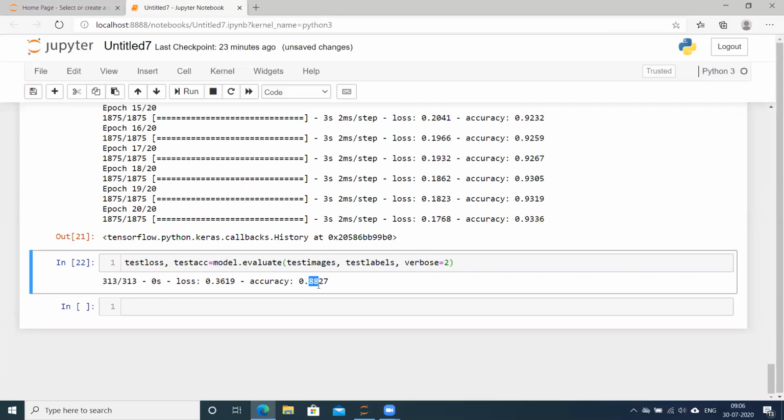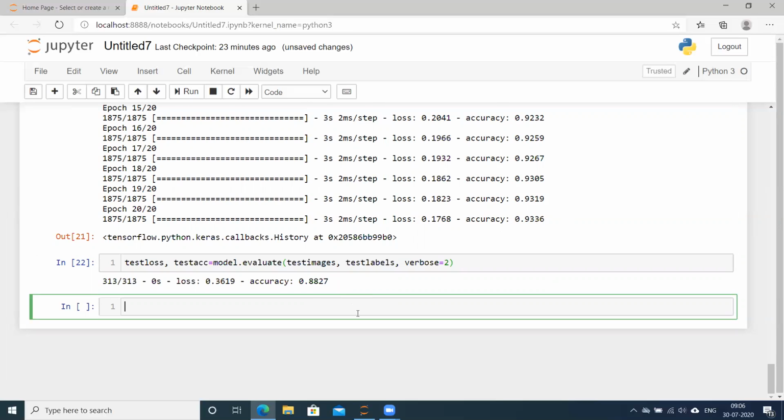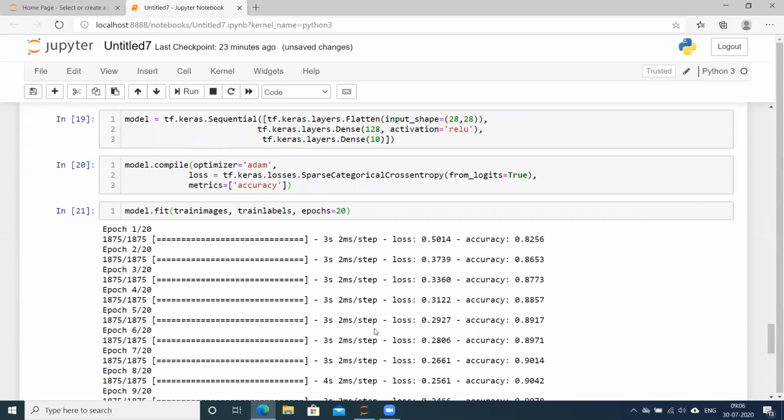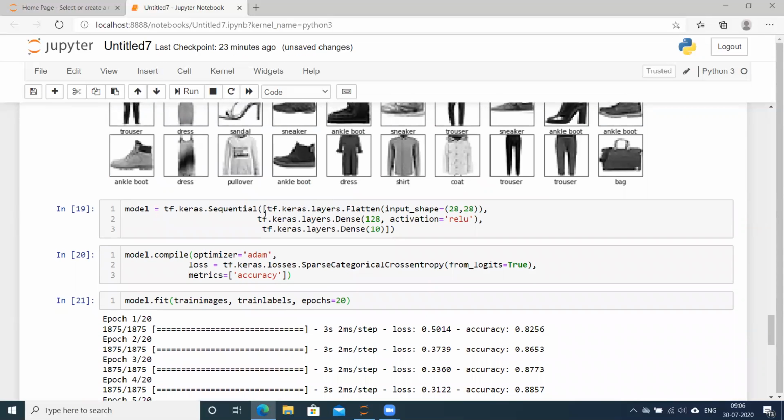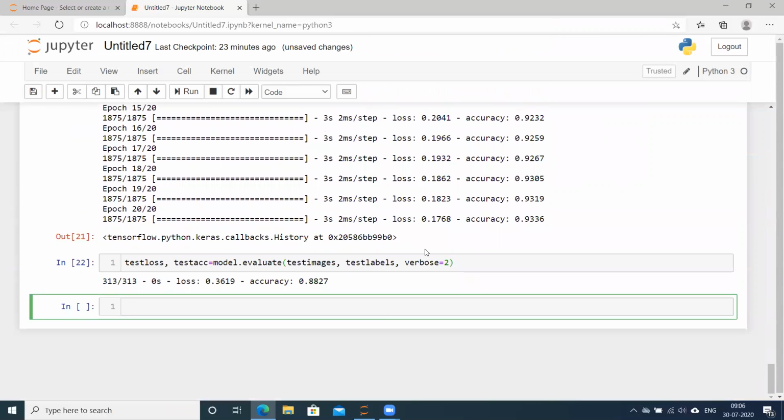So we can say there is not much overfitting of the model on our training data set. Here you can see we just made a simple model. We didn't even use the layers which are good to be used with images, for example CNN, that is convolutional neural network. We have not used it yet, but still we are able to achieve 88% accuracy, and that too on the test images.